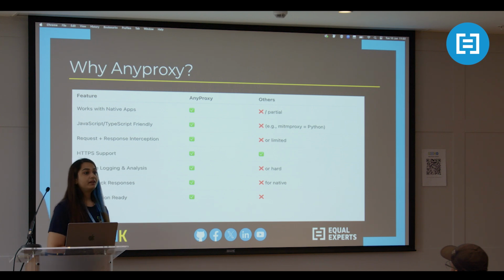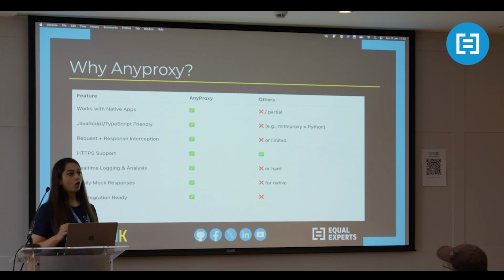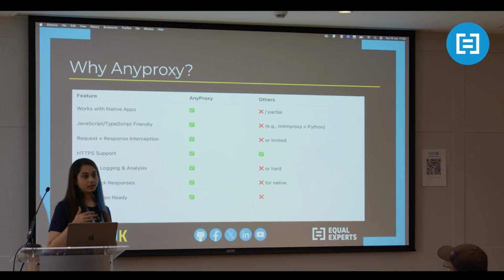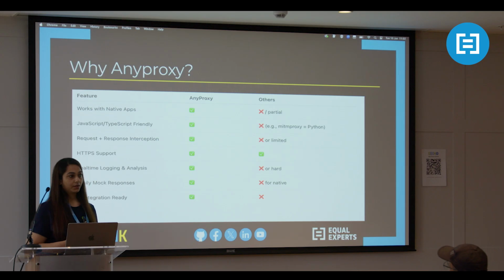And the last thing is it gave us very well defined logs. We could generate clean logs of all the APIs that were intercepted by AnyProxy. This is a very important point.